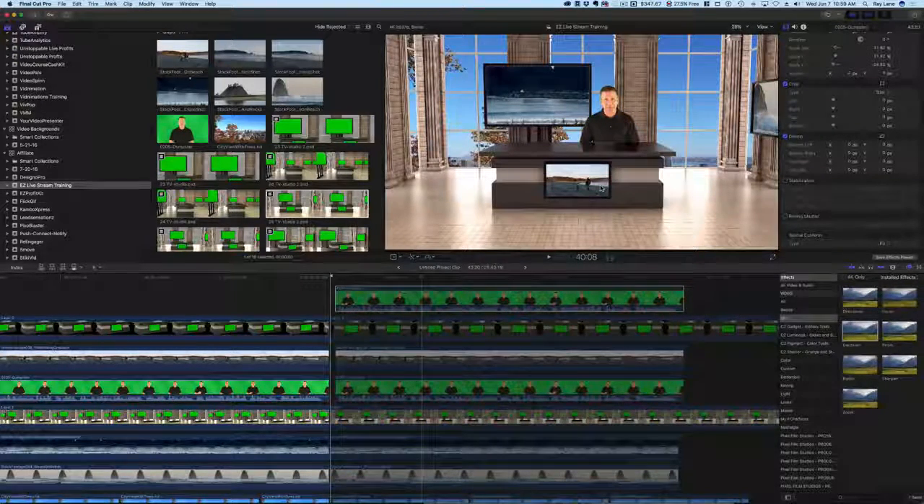But that's pretty good. And hope this helps you to use some of these virtual sets. You can certainly have a lot of fun with them and really make some professional looking